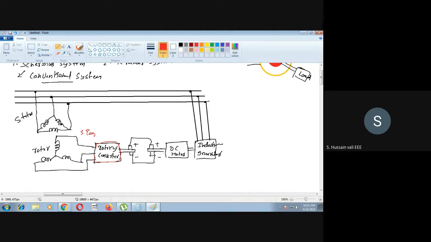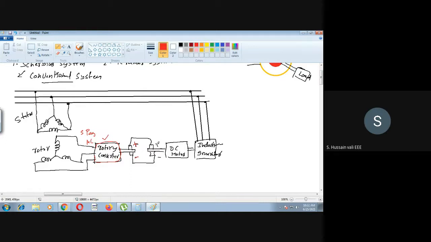The same thing, this rotary converter, in the sense this is a system which converts the rotor power, AC power, into DC. You see here there is a DC. So you can consider this as a rectifier also if you want. In general it is a converter which converts this rotor power into DC. Anything you can take, whether it is a controlled rectifier or uncontrolled rectifier.